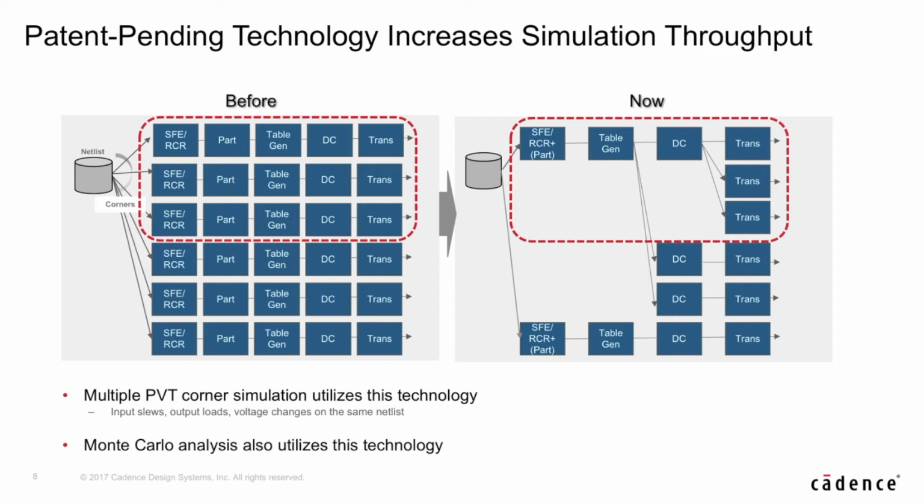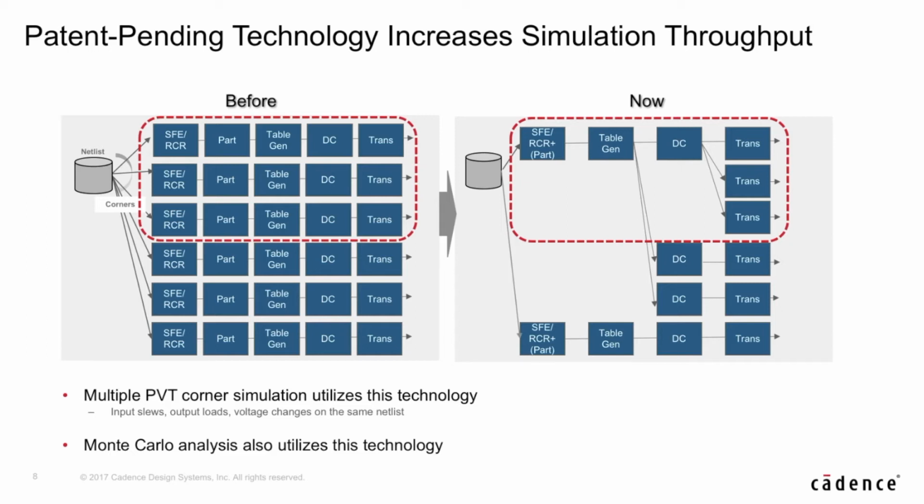If the transient simulation time as a percentage of the total is large, in other words, all the previous steps, simulation front end, RC reduction, partition, table model generation, DC, are relatively quick and the transient analysis takes the majority of the simulation time,